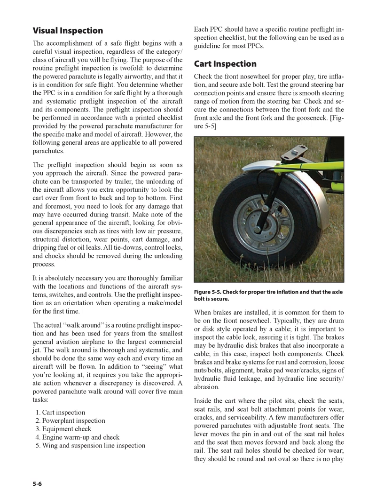Figure 5-5. When brakes are installed, it is common for them to be on the front nose wheel. Typically, they are drum or disc style operated by a cable. It is important to inspect the cable lock, assuring it is tight. The brakes may be hydraulic disc brakes that also incorporate a cable. In this case, inspect both components. Check brakes and brake systems for rust and corrosion, loose nuts/bolts, alignment, brake pad wear/cracks, signs of hydraulic fluid leakage,